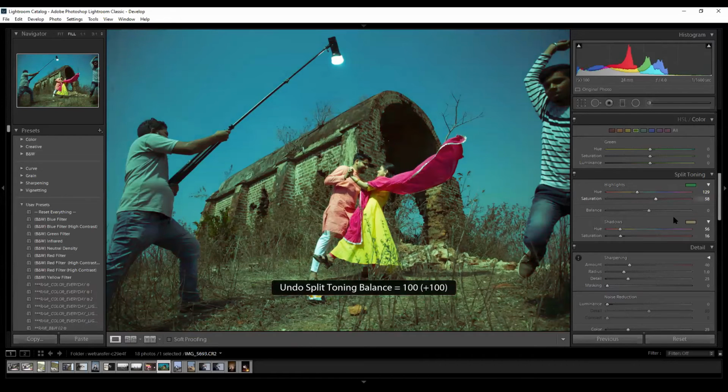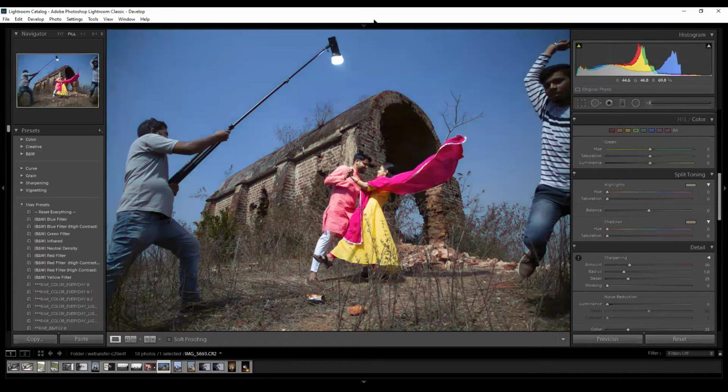So basically this is to add a color grade to your image. Any doubts or any questions regarding split toning? Okay, let's move forward.